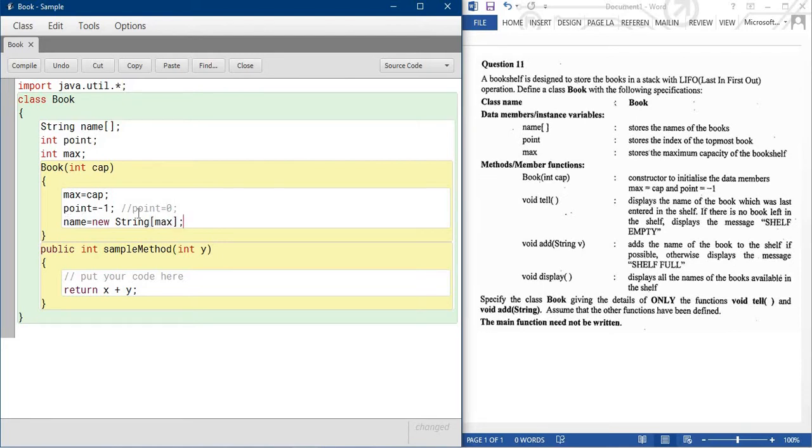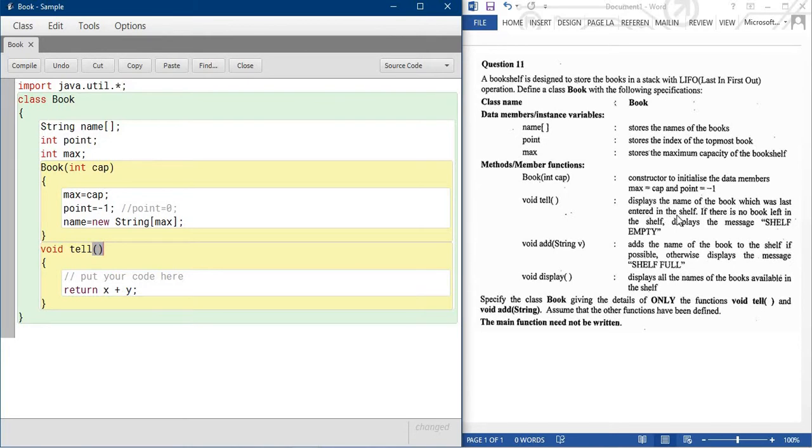Now you decide the array size. Now it's time to write the three methods: tell, add and display. So void. You don't need to write extra things. Whatever is mentioned in your question paper, you simply write that. Don't add any other words in your program.